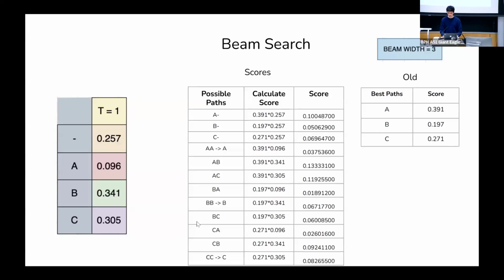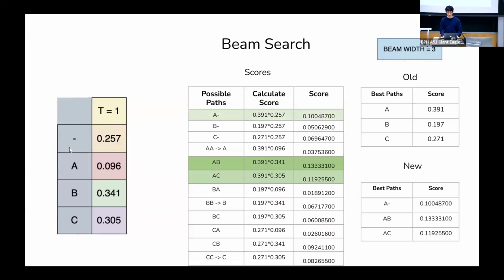So the scores would be calculated based off of our time step 1 multiplied by our a priori time step, which would be, for the first example, A dash would be 0.391 times 0.275, because the first path is A, and then our dash is the second option. So we multiply our current score by the next time step. So what we do is we do that for every single possible combination, and then we get our new beam